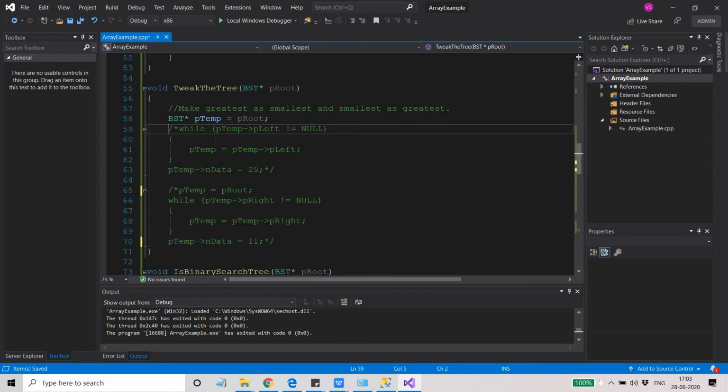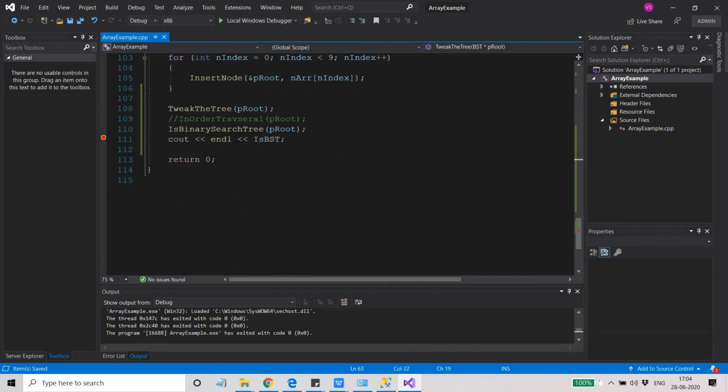You know that the leftmost element is the smaller one, but what I'm doing here is making the leftmost element the greatest one, which is 26, right? This is the leftmost element, and this should be the smallest one among all the tree elements, but I have made this 26. So the very first element has been made 26, which is the greatest among all. So what will happen? It should give me the result as false, right?